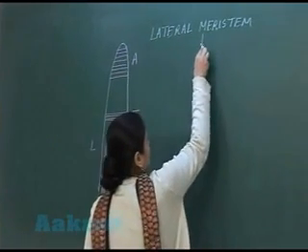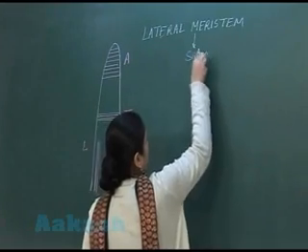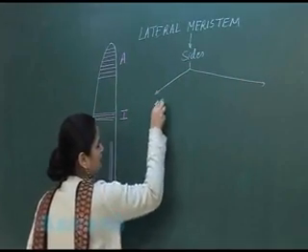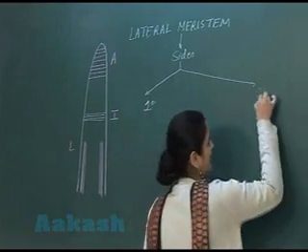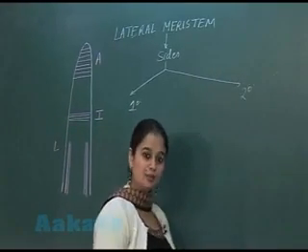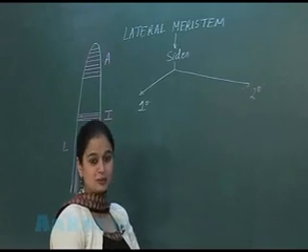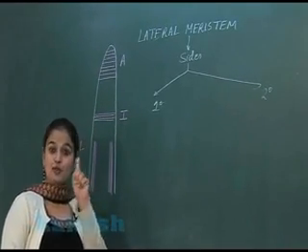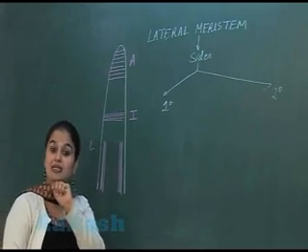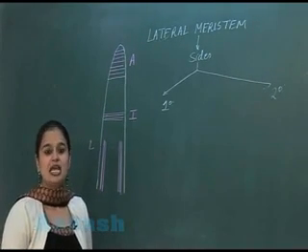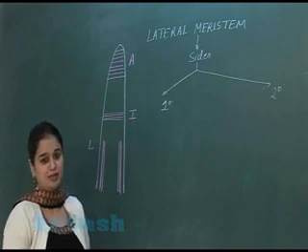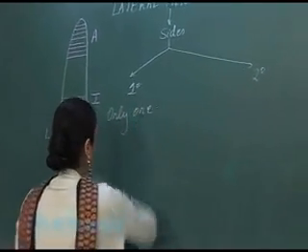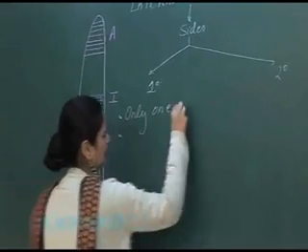So the lateral meristem is present on the sides of the organ. Now this lateral meristem can be both primary as well as secondary. It can be primary as well as secondary. Only one primary meristem is lateral in position. The name of that meristem is intrafascicular cambium. Only one primary meristem is lateral,